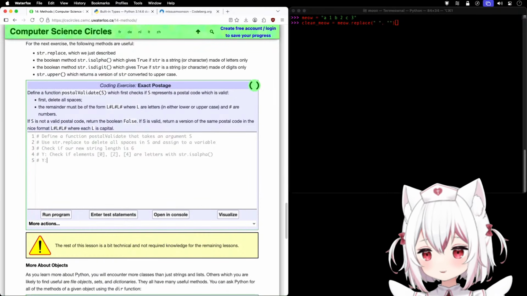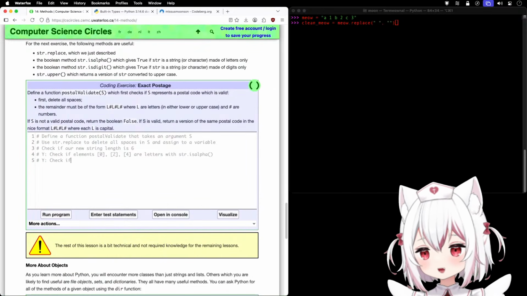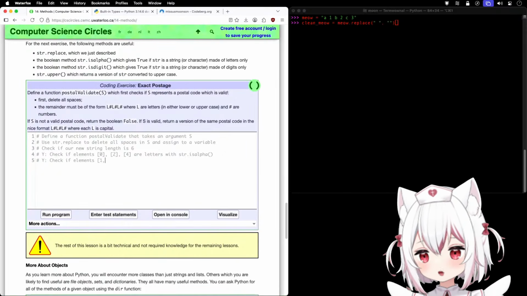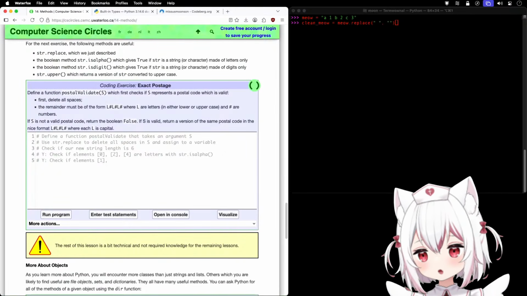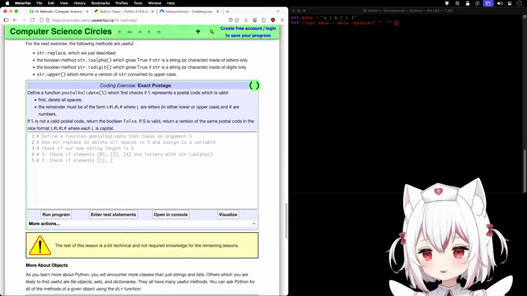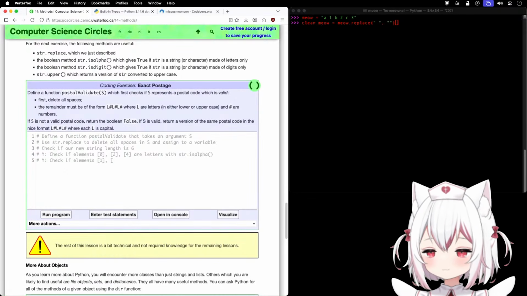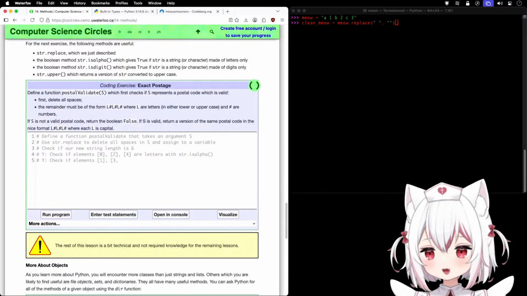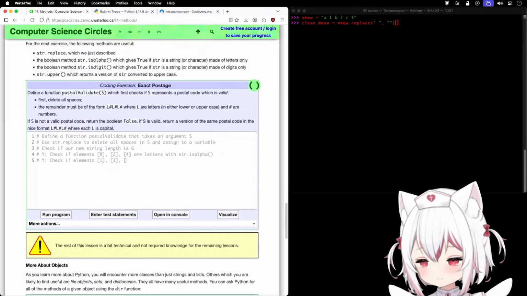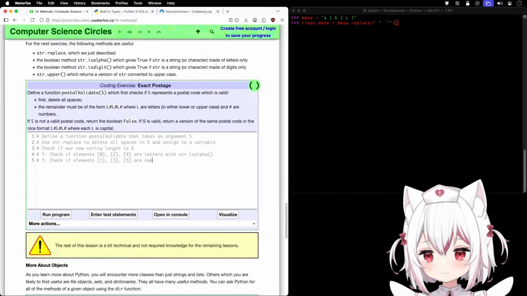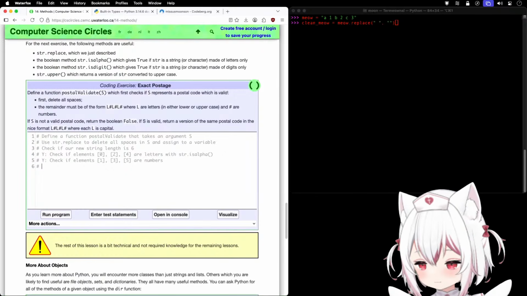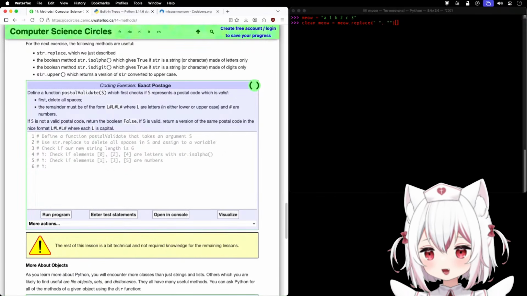If yes, then check if elements 1, 3, 5 are numbers. If yes,